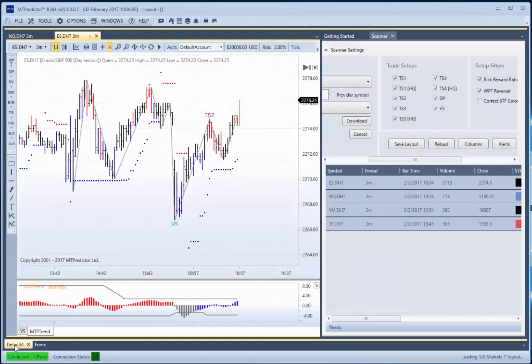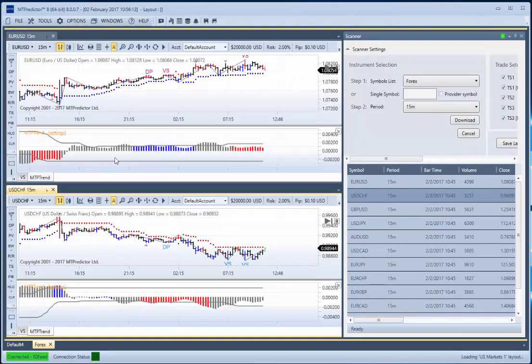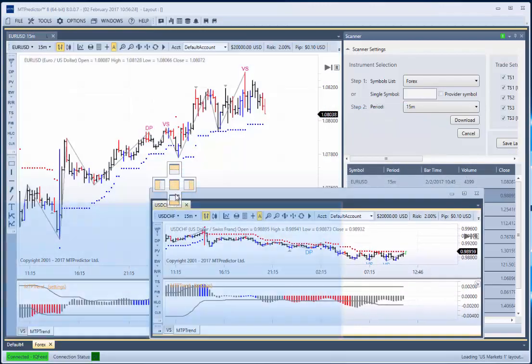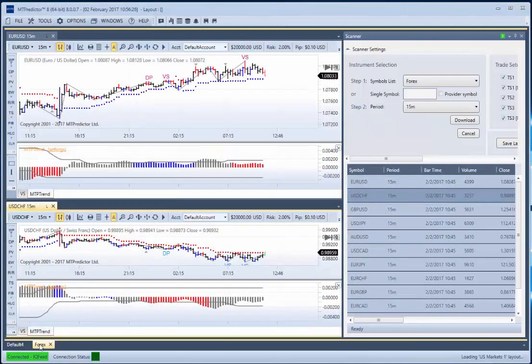So now I can click on this original workspace, and there's my workspace I've got my E-minis in. And here's this workspace here in which I've got my Forex charts in. You can also grab and drag this whole workspace. In the last video we saw how you can grab and drag an individual window to be floating as a separate window, but what you can do is grab the whole